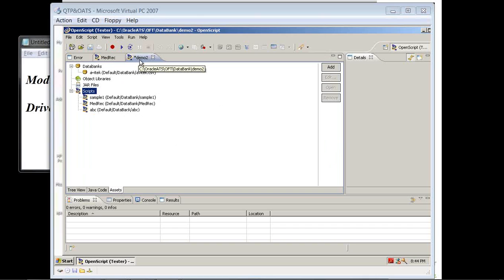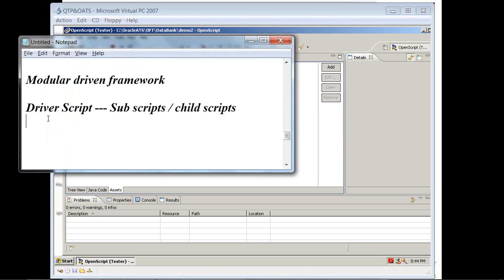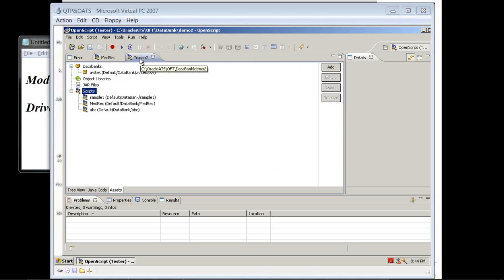You can see that the current test is demo 2, and it will execute sample 1, metric, and ABC. So you can see that it is a modular driven framework. Because demo 2 is calling other scripts, sample 1, metric, ABC, it becomes the driver script.